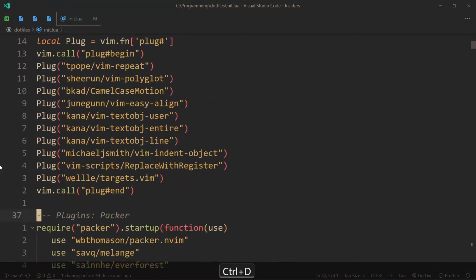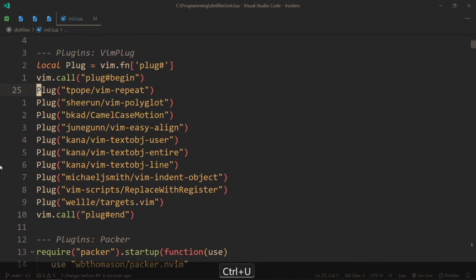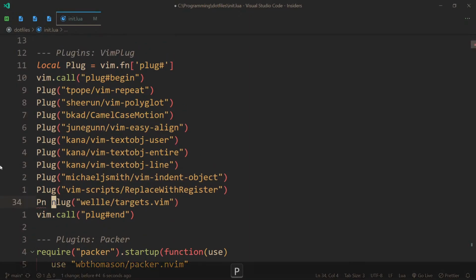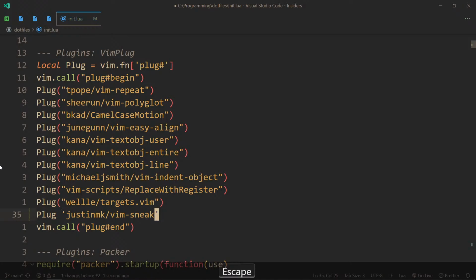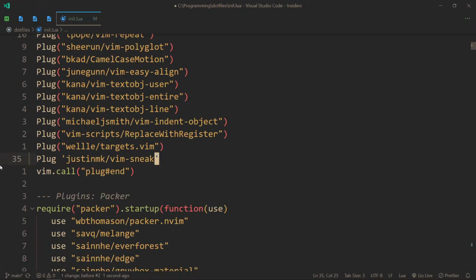I actually have both Vim plug and Packer because if I remember correctly, Packer didn't work for everything when Vimplug did work for those things. So that's why I do. Okay, so